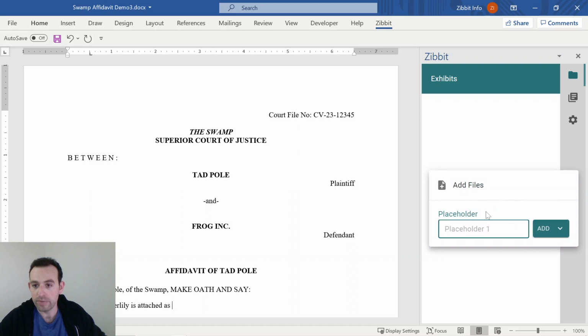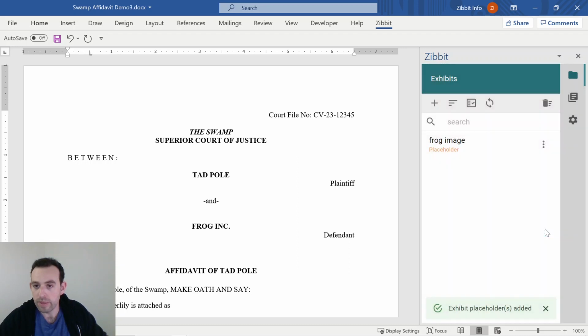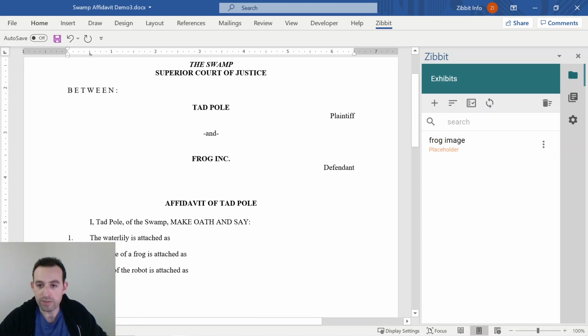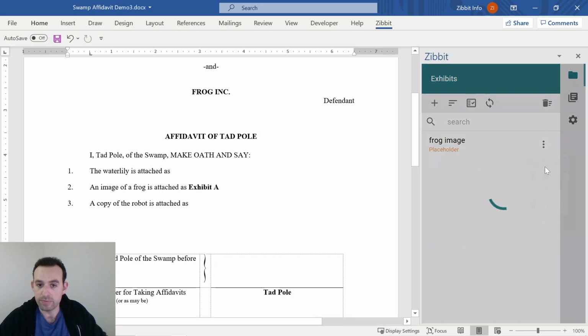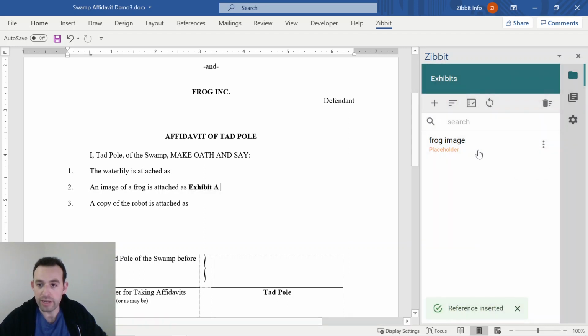So click this button. And if you've seen any of our previous videos, we like to keep things light. So we're going to go with frog image, keeping it in theme with our logo. So here's our first placeholder exhibit, and we're going to continue drafting. So if I scroll down, we're referring to the frog in the second paragraph. So let's insert a reference to this exhibit. So there you go, Exhibit A is linked to this placeholder,